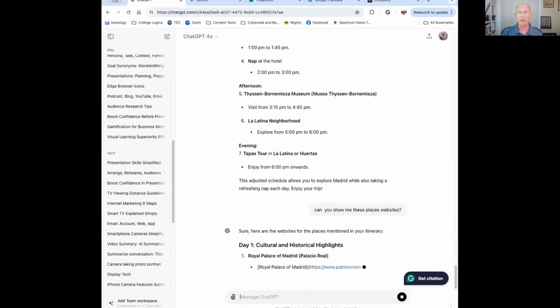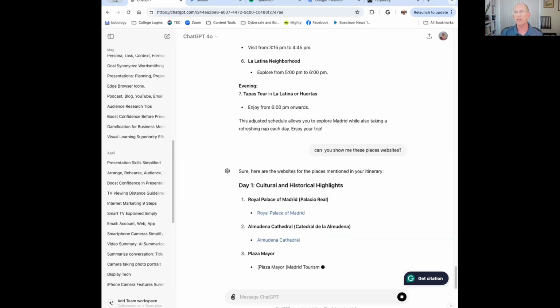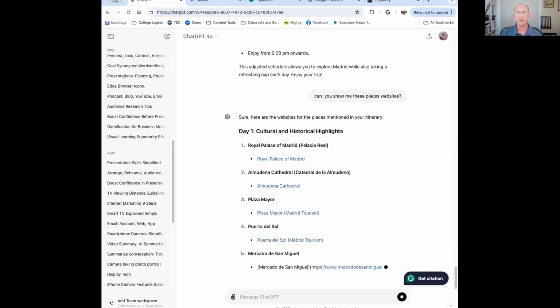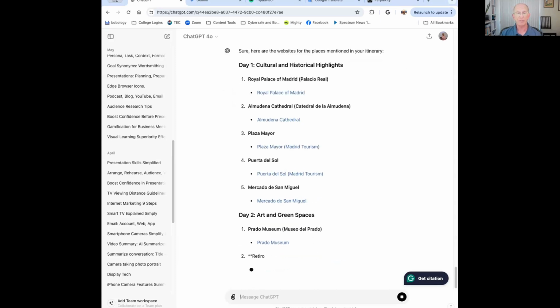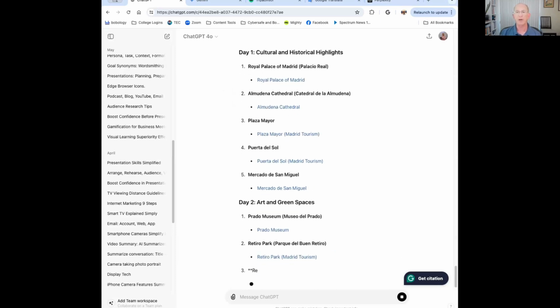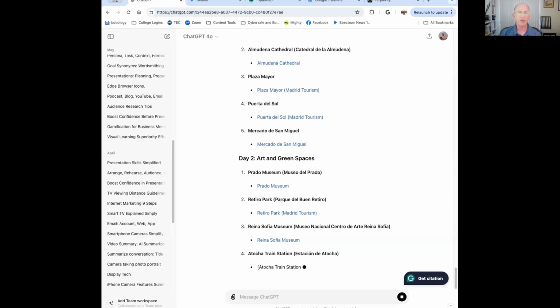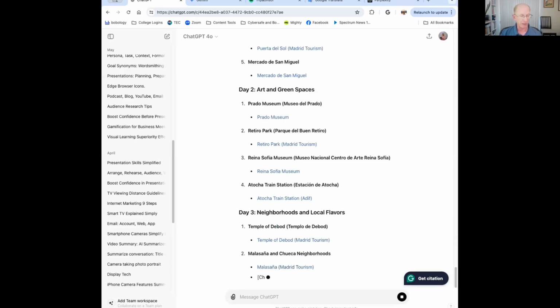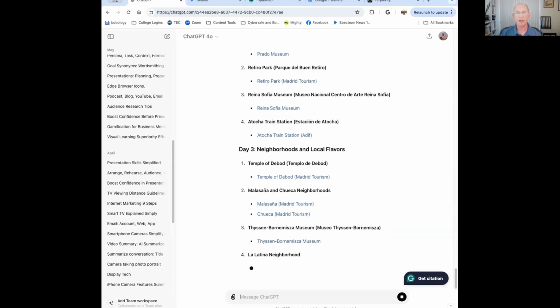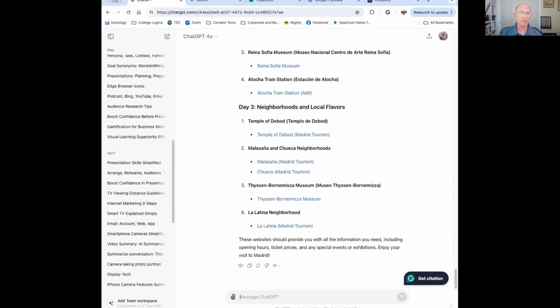Okay, so it's coming up with websites that you could verify that these are very real places that you could go visit. So that's one way to do it, I imagine. And I did ask it for some websites to get tickets in advance, because you can schedule the tickets in advance and get them taken care of a lot faster that way too. So, obviously, if the place has a website, it's probably going to be a real location. I have not seen too many fictitious locations ever done for travel, but I'm sure it's theoretically possible that it might come up at some point.